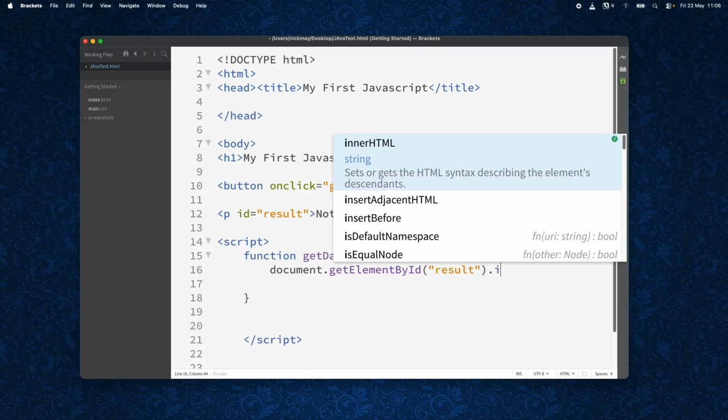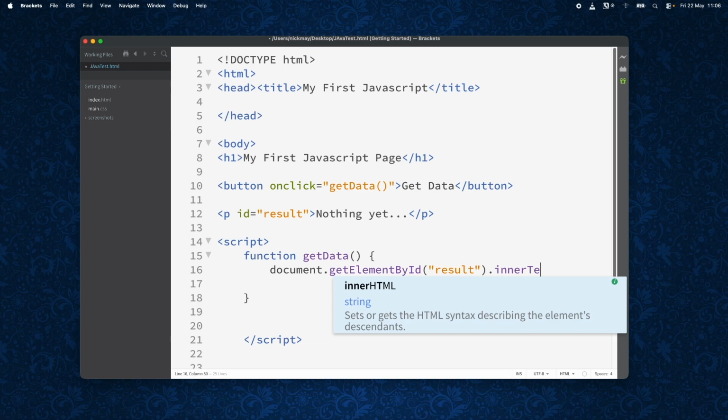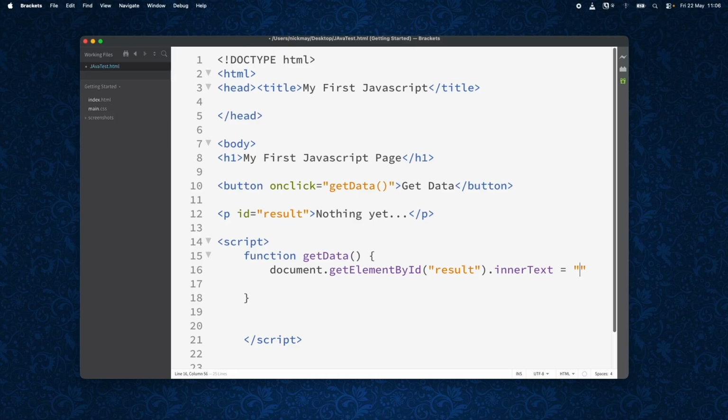We want to say, all right, the inner text, we want it to be new, and what we want it to say this time is "button clicked", exclamation mark, and a semicolon at the end. And that's it. That's our script. So we've pretty much made a script right there so that